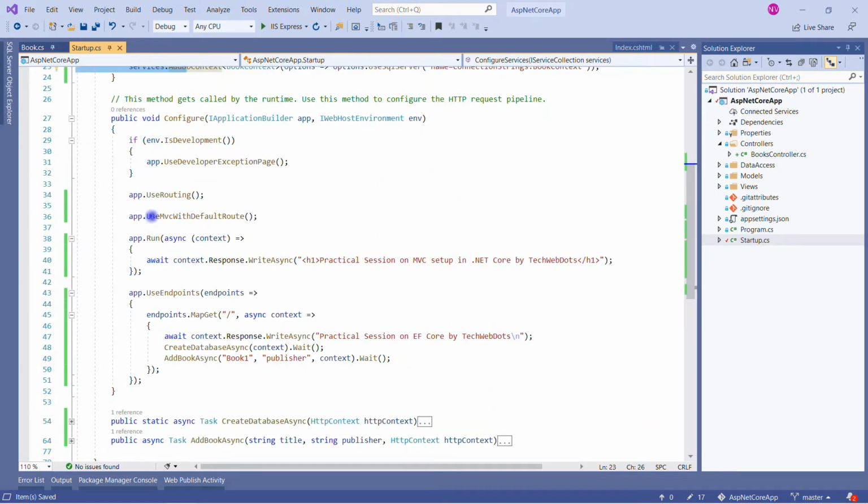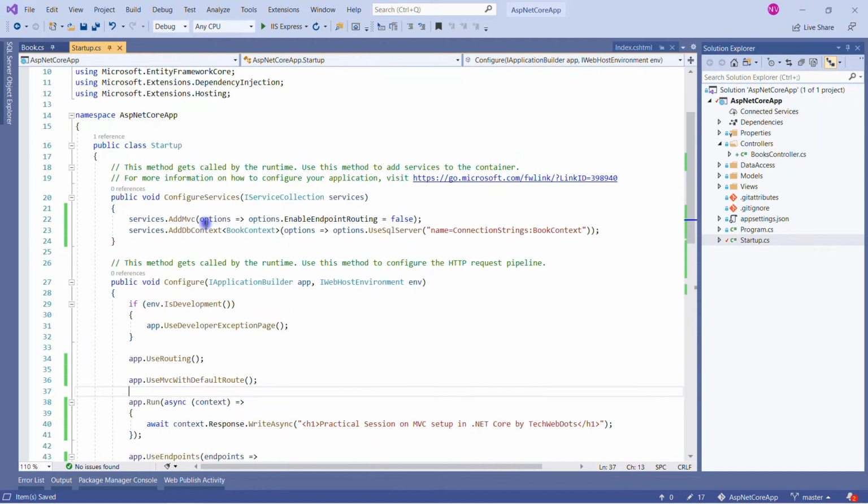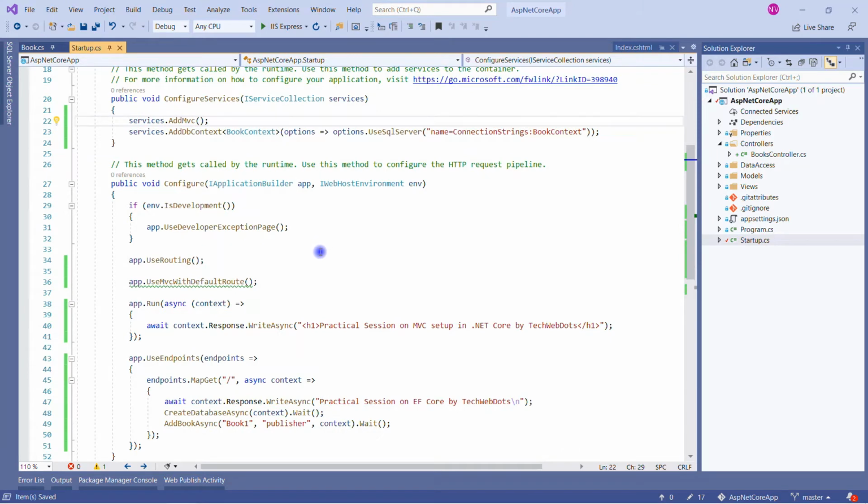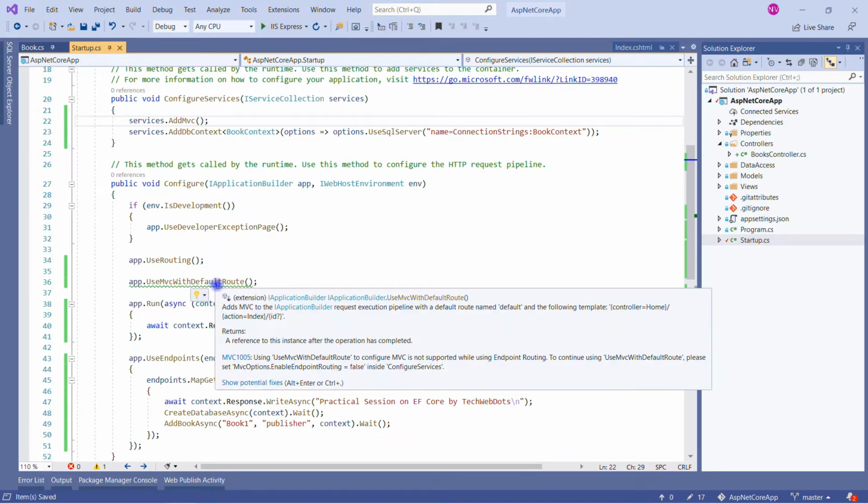And on the second one, earlier we were not using this one, UseMvcWithDefaultRoute, because if I remove this change and save, you will see there is quickly a green information available, and you can read what it is actually saying.